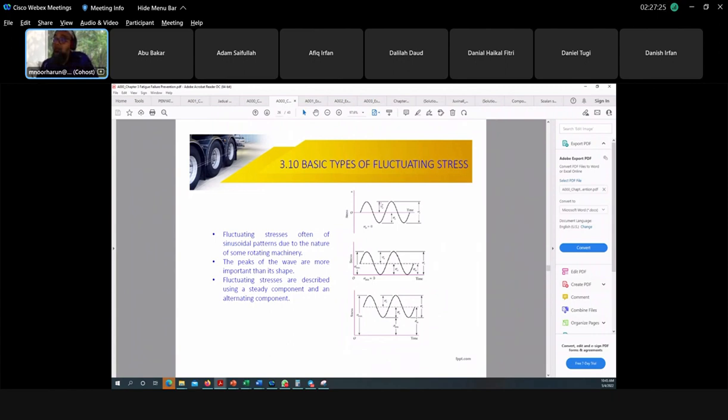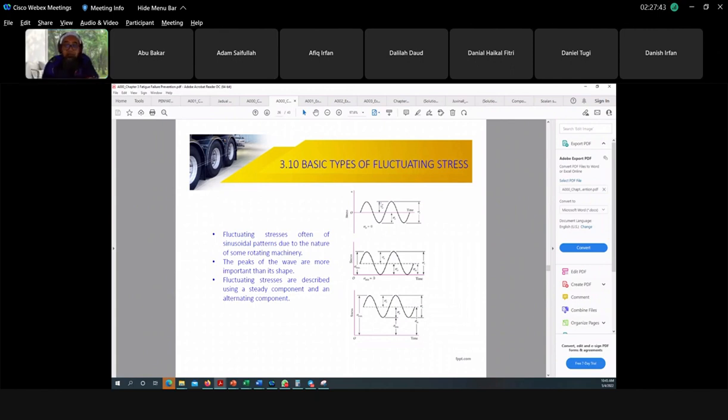What we have calculated for bending stress is the alternating stress. Okay, so once we have calculated the alternating stress,